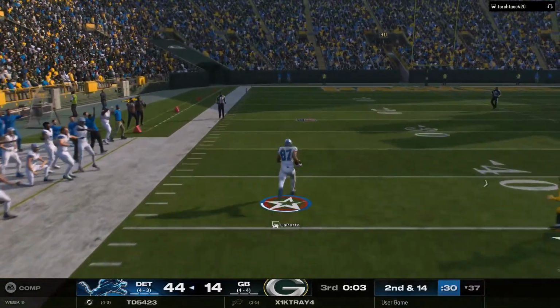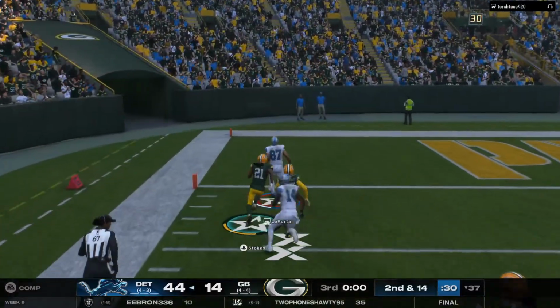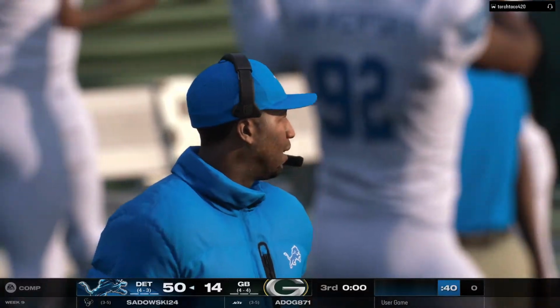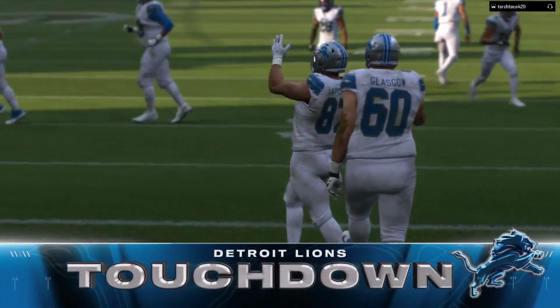Throw left side, caught by Laporta. Big strides, look at him go. And he takes this one in for a Lions touchdown. Sam Laporta, 63 yards. And the Lions